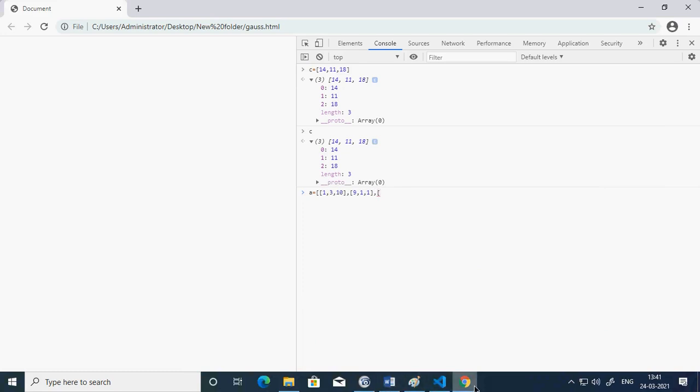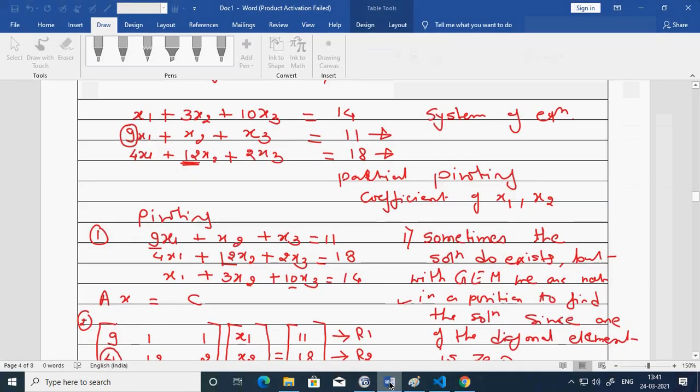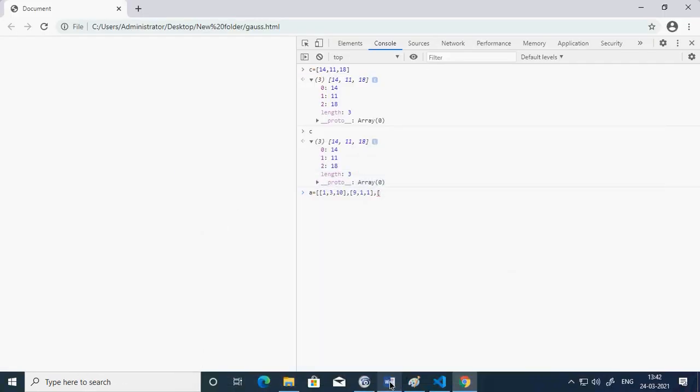And my third row would be 4, 12, 2. 4, 12 and 2. So in this way I can assign a two-dimensional array. Okay. So each square bracket separated by a comma represents a separate row.